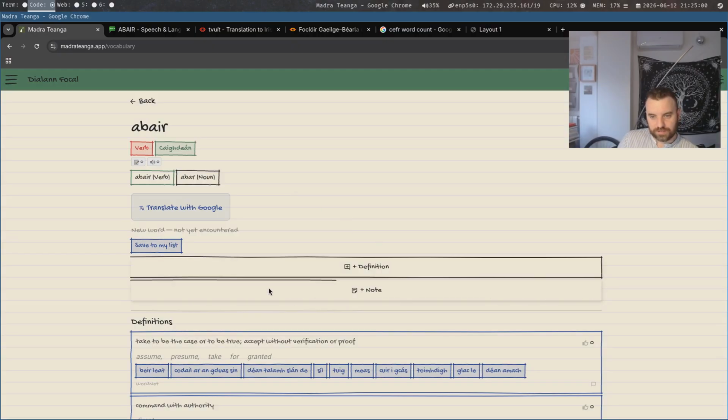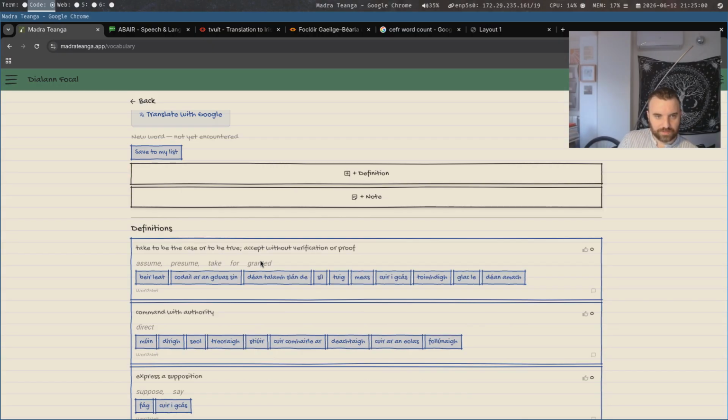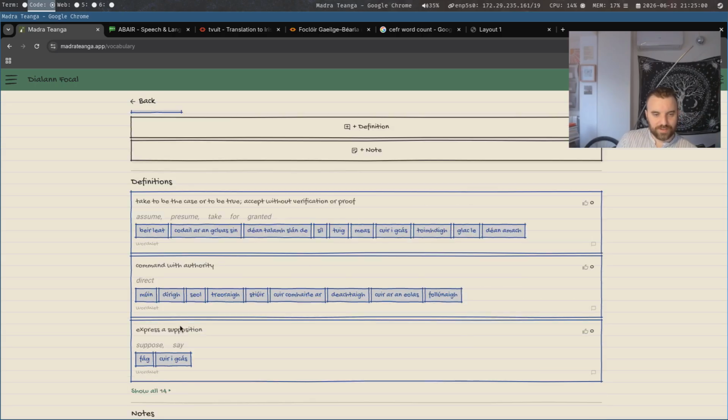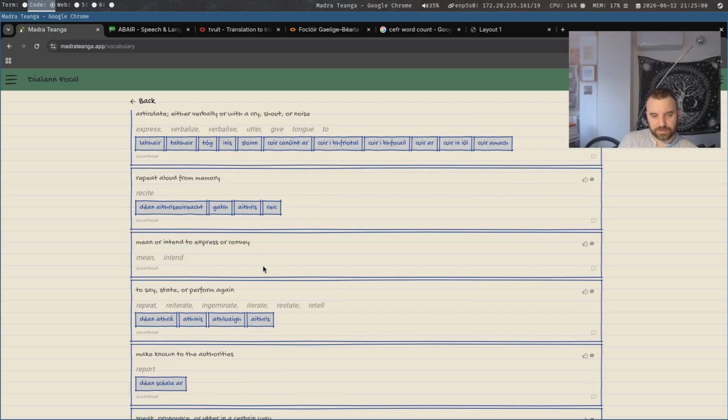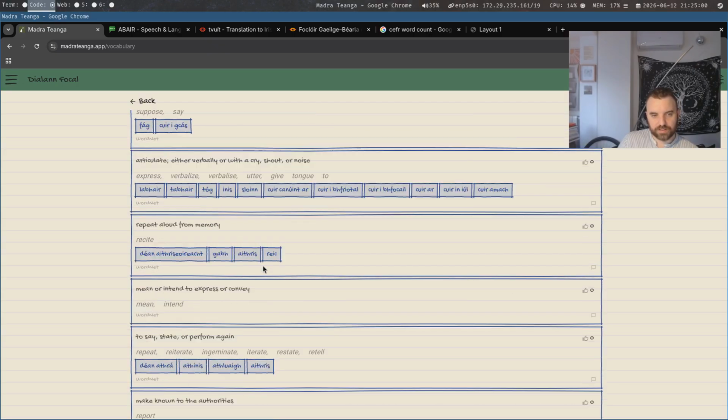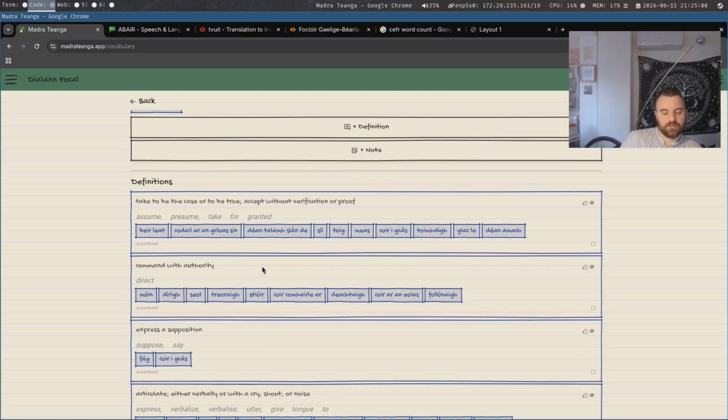And now that I've seen this, I'll show you what I was talking about with definitions. Like A is aber and has these definitions. Some of these are not very accurate, and then sometimes they seem wrong, and then you look it up.